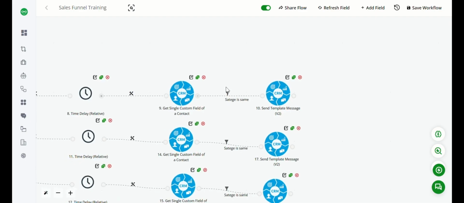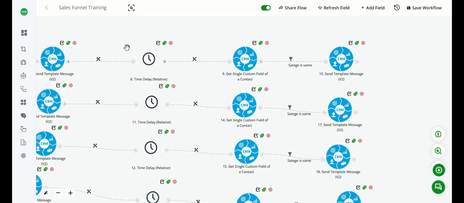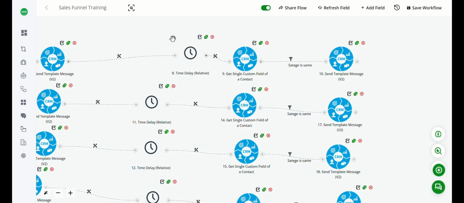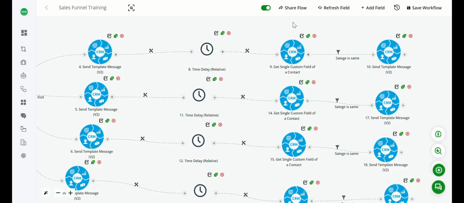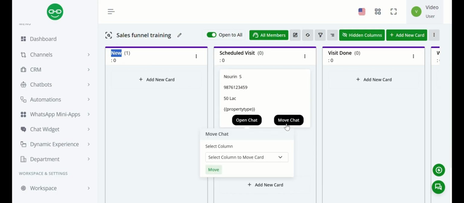So for every stage, you can create a flow like this. And now I will again show you how this flow will work. So for instance, we will just go again to our board section.